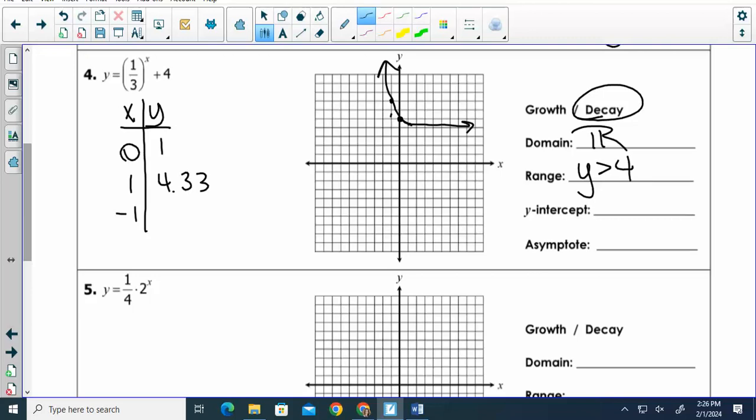the y-intercept. Where do we hit the y-axis? At 5. Okay, the asymptote is y equals 4. You know, the 4 is the range value, the asymptote value, that's the number we were adding on the end. I want you